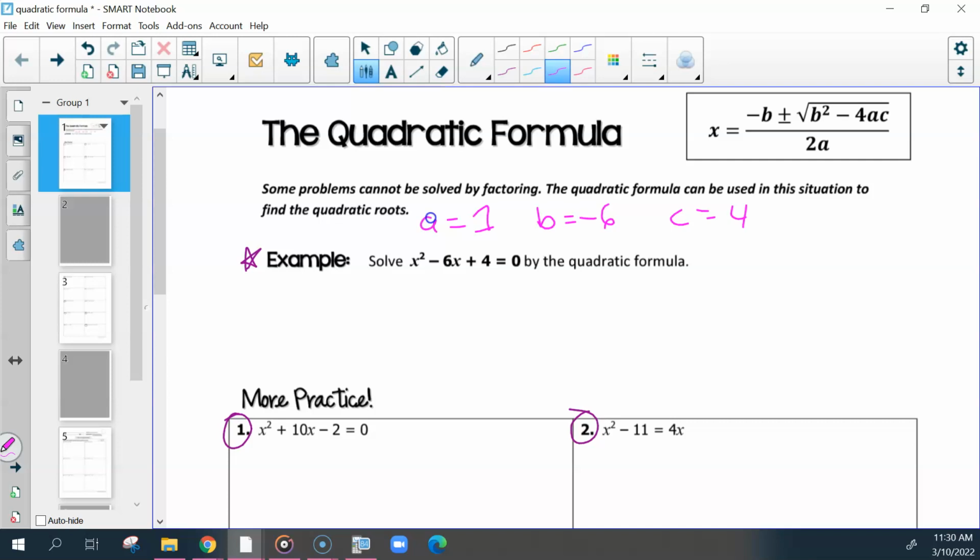Okay. So we're going to do this example using these and using our formula. So the very first thing we need to do is start to set it up. So x equals, we have a negative b, so it's always going to be negative, no matter if it's negative or not. And then plus or minus. So when I say that, I mean the symbols combined. The square root of